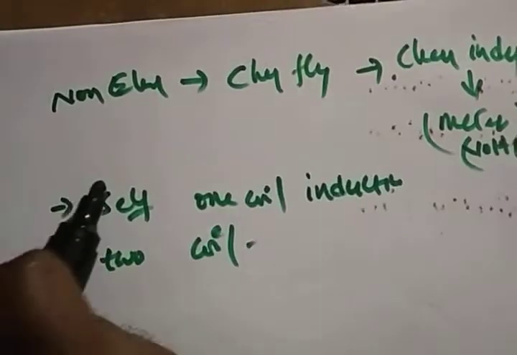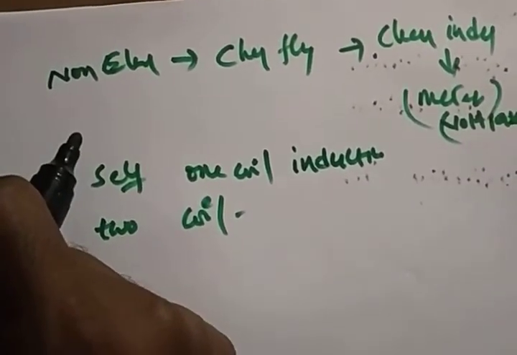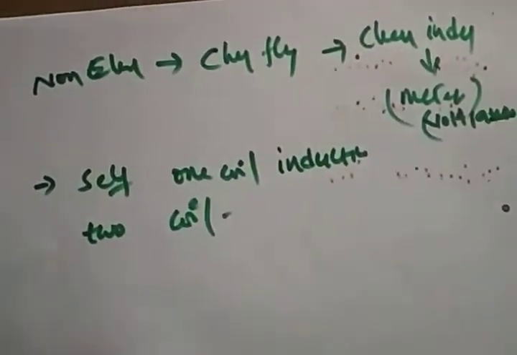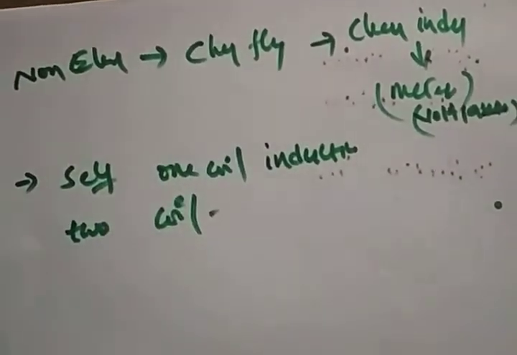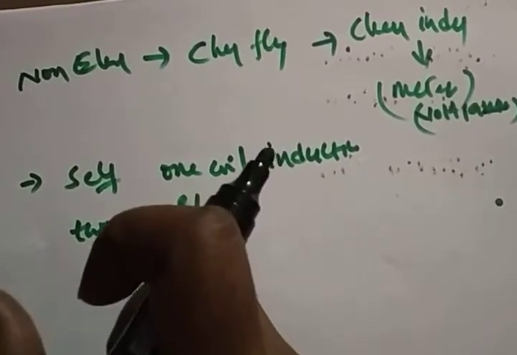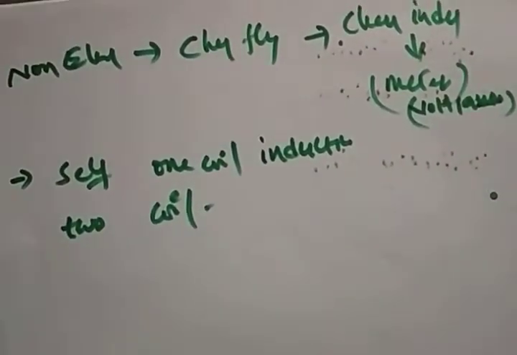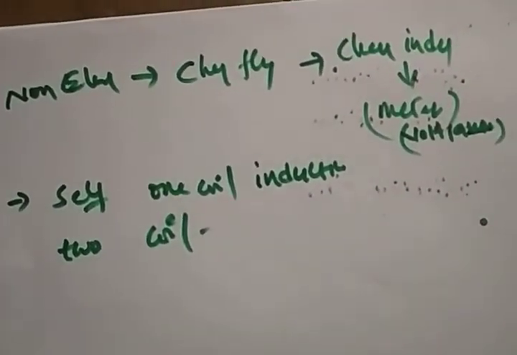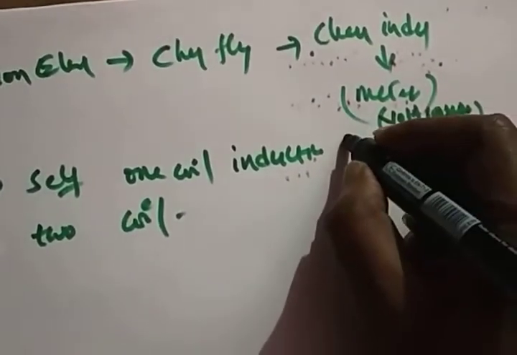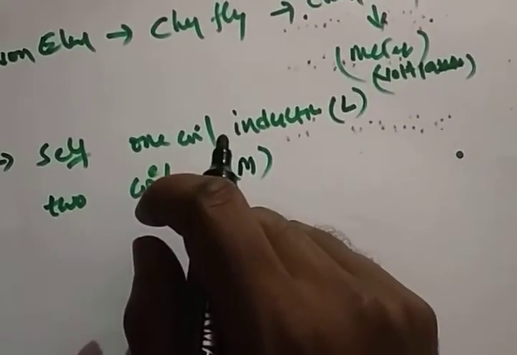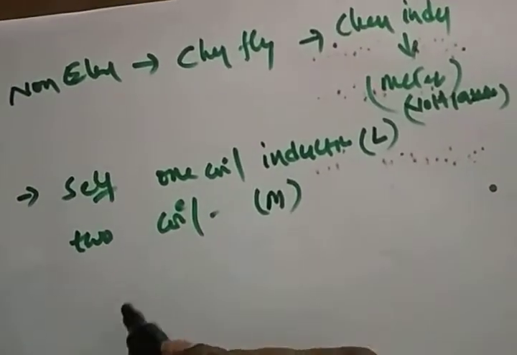So what is self-inductance? Self-induced EMF means the voltage that is developed in a coil itself. That type of EMF or inductance we can call a self-induced EMF. The flux developed in one coil which is linked with another coil, and the voltage developed on that coil, we can call a mutually induced EMF. Self-inductance can be denoted by L, and the mutual inductance we can denote by M, right?